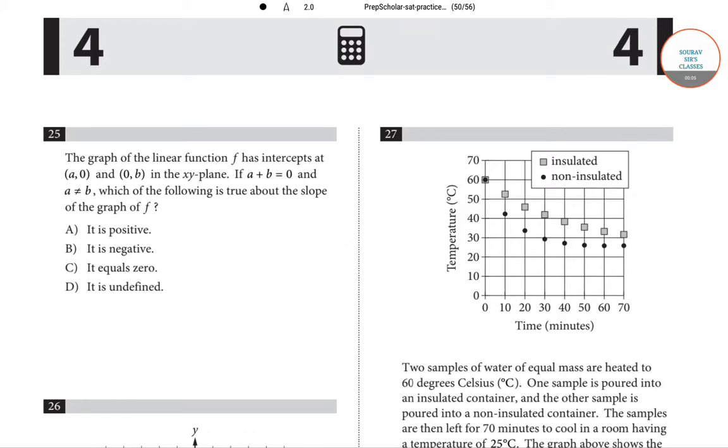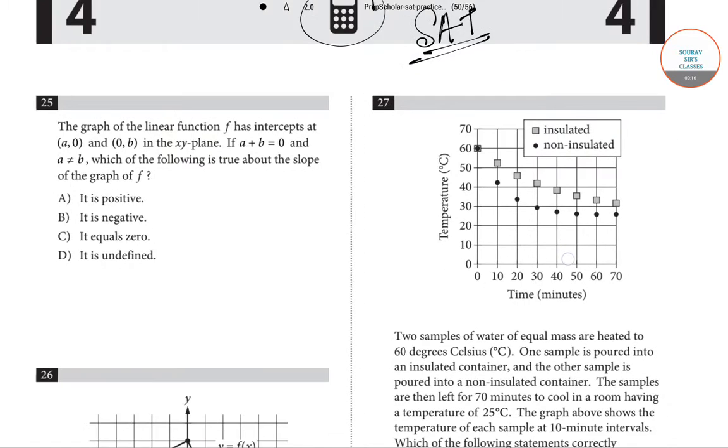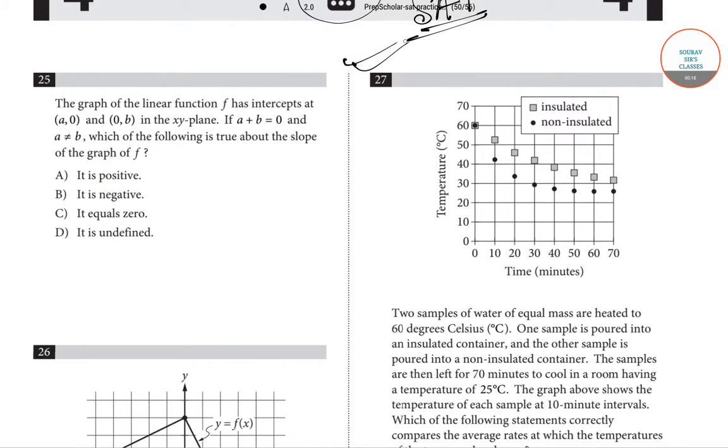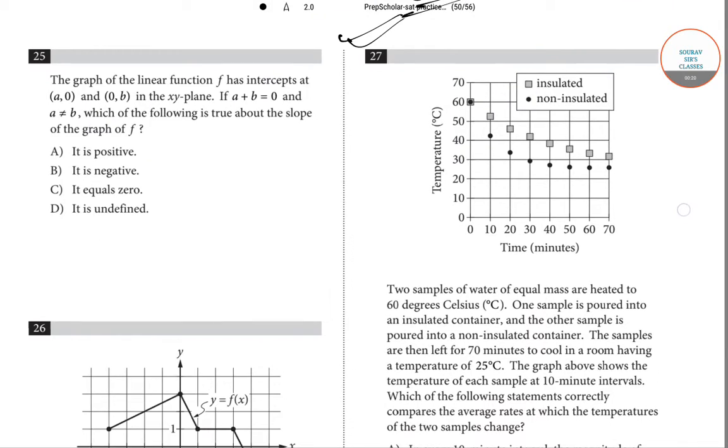In today's video, we will be solving a few questions from the model question paper of SAT examination. And these questions will be from section number 4, the section in which you can use the calculator. First, coming to the question number 27, as you can see here,